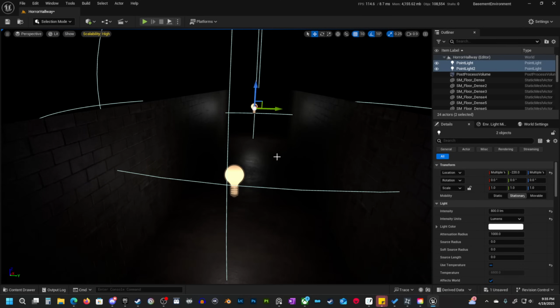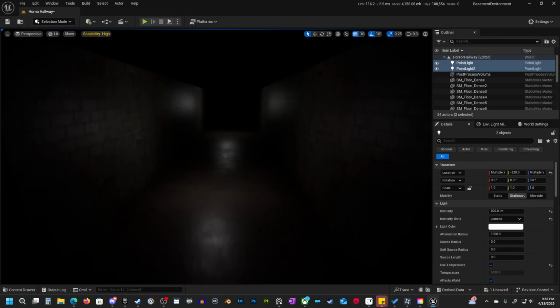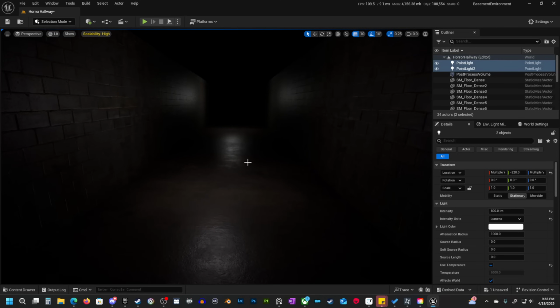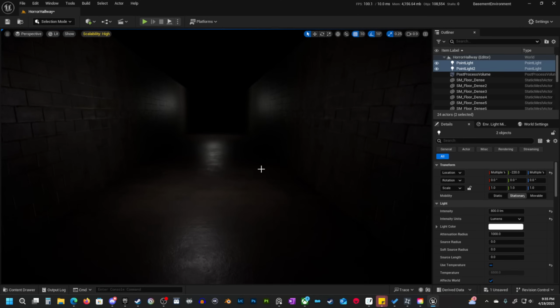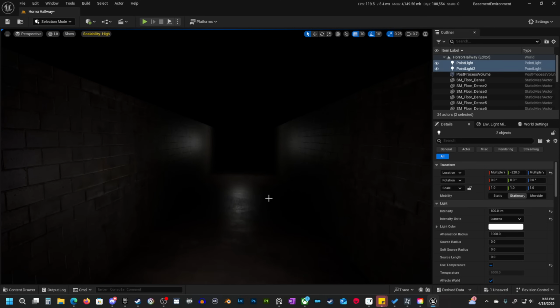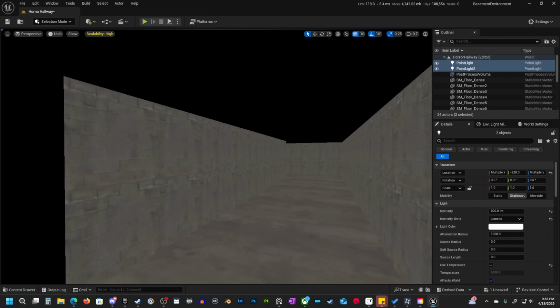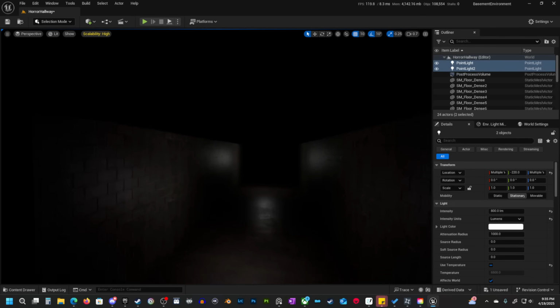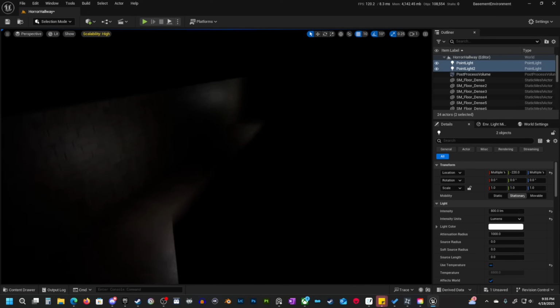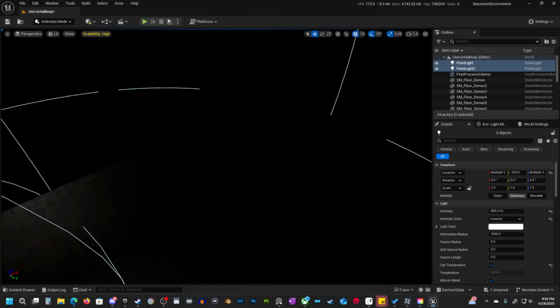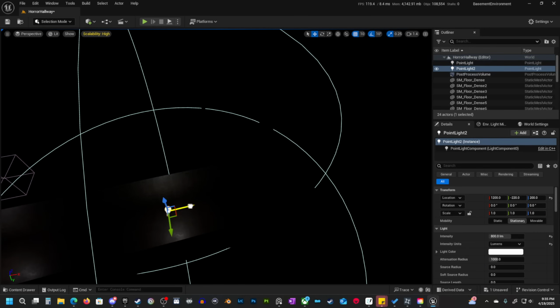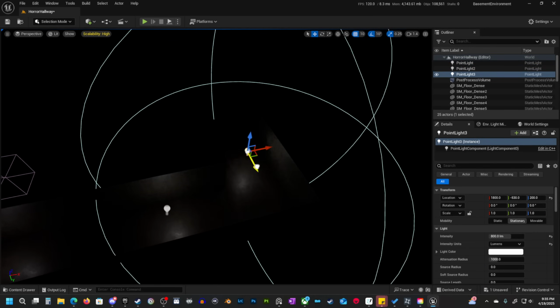These are just what I call construction lights. This is not by any means what the final lighting is necessarily going to look like, but I just want to get a couple of lights in here to give me a rough idea of how this feels when we are in lit mode. I still might switch back to unlit just to see things a little bit better, but I like to have at least a couple in here, and I might even just add another one in here, right back here,